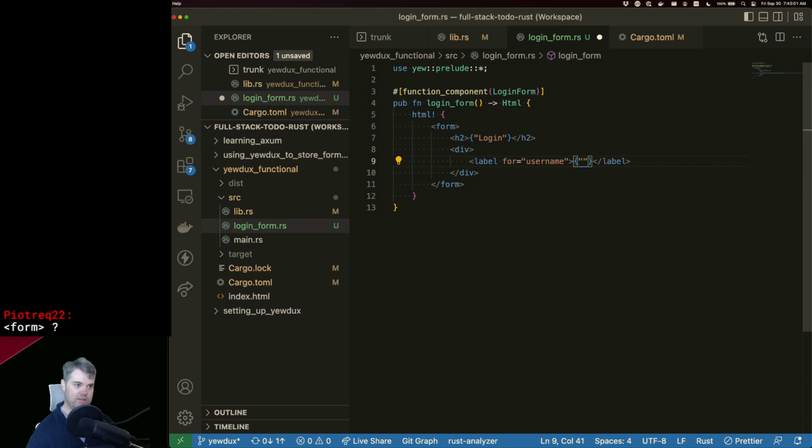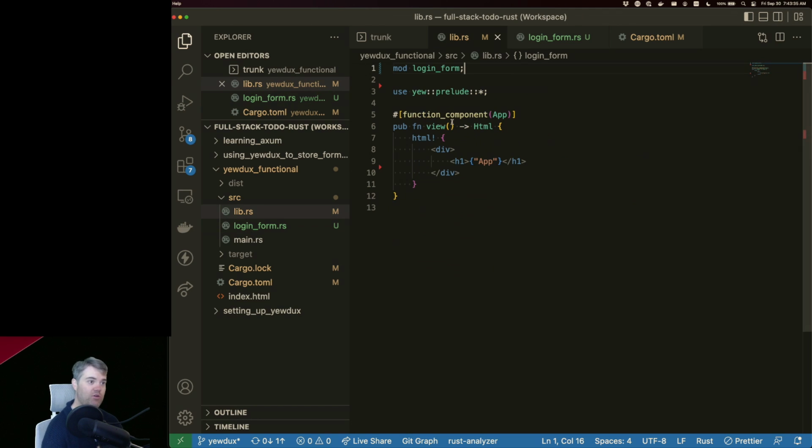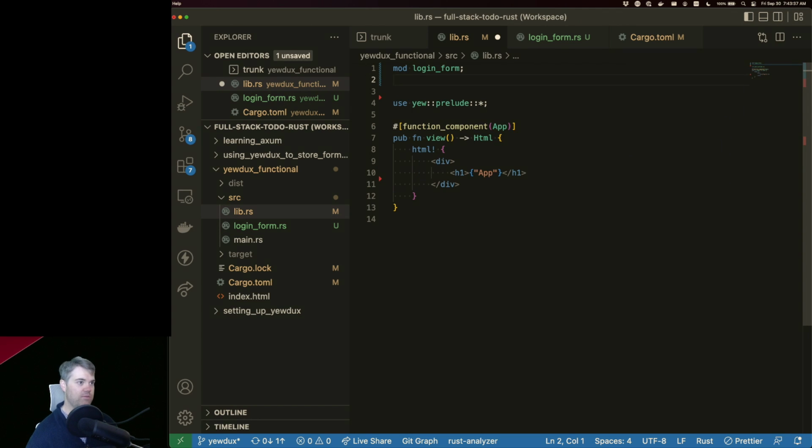And this will be username. We'll have a div, and then this will be an input type equals text, ID equals username. I don't really necessarily think I care about anything else in here. So if I just start with that, I should see that going, but if and only if I actually pull it in. So